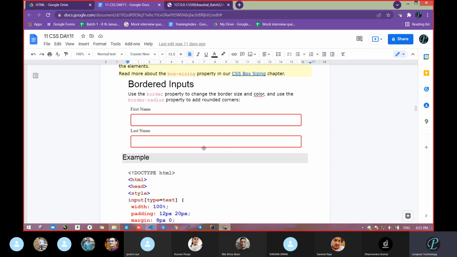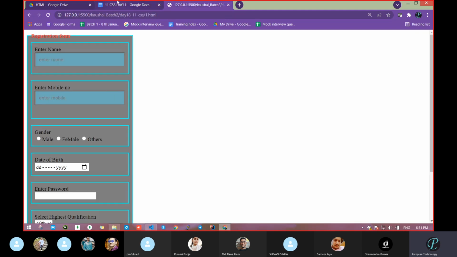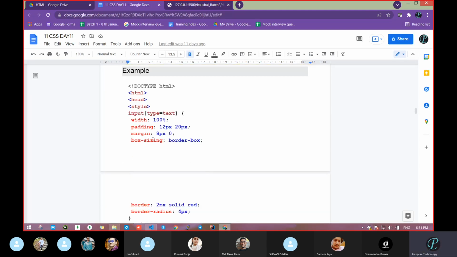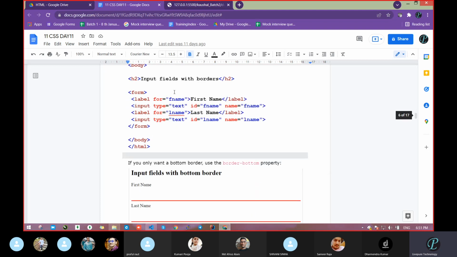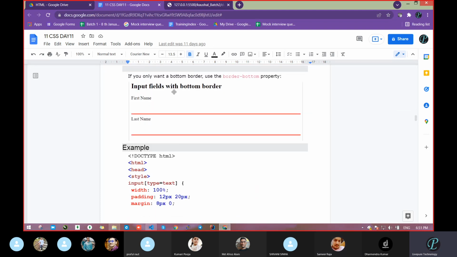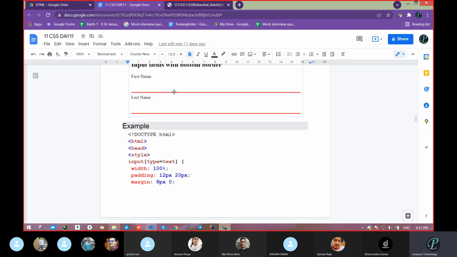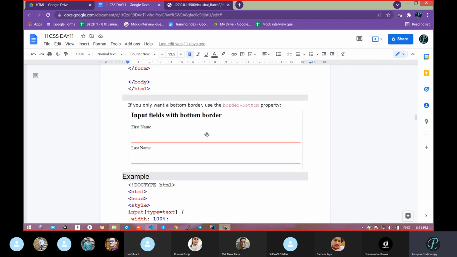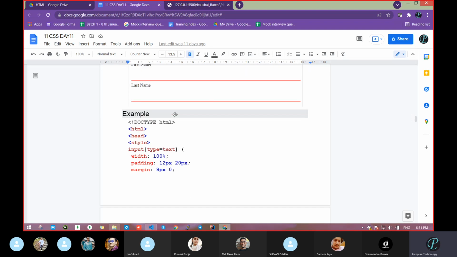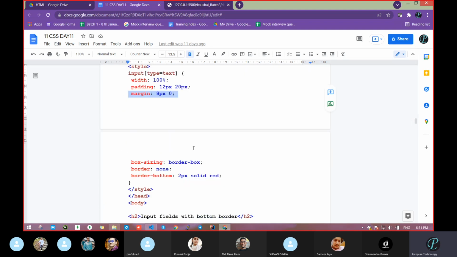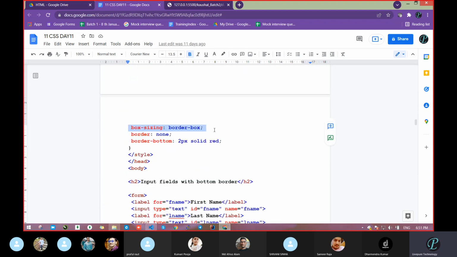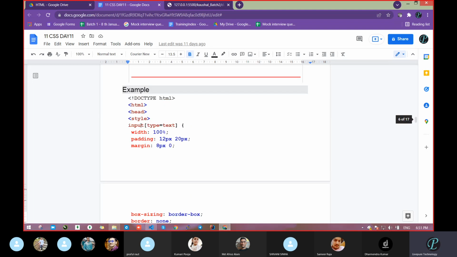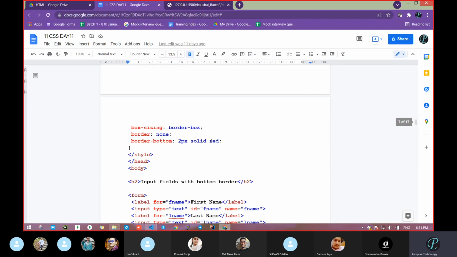So next is input, then bordered input. Again you can design that. We had already seen designing the border, and border radius I also covered. I have covered all the things, this is just for revision purposes. Here I do not want the input field, you want the border only. See, margin they passed something, box sizing border-box, and then the main thing is border-bottom. If you take this style, then you will directly get the input field in that case. Wait, I will take this.